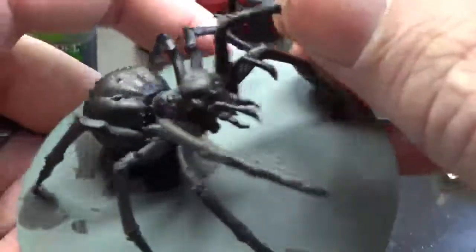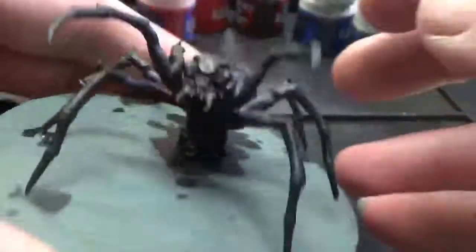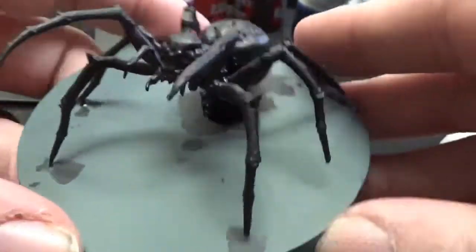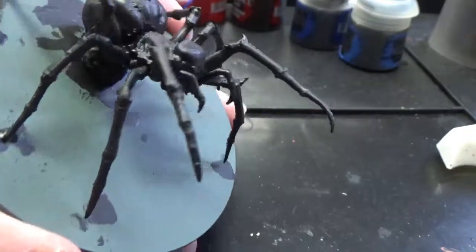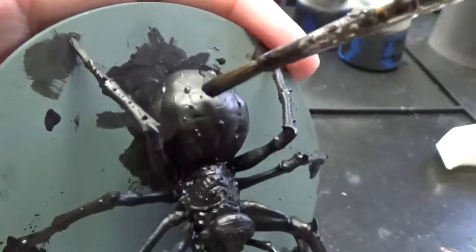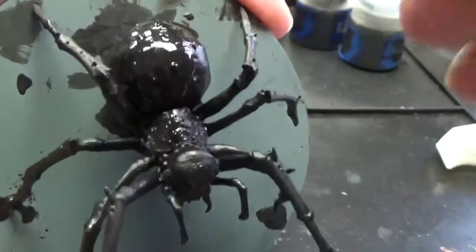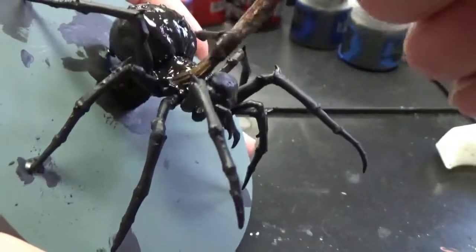And with that, we have our second layer on, also known as our base coat. Second layer after the primer coat, of course. So now we're going to go right into an all-over shade of Nuln Oil, and you just kind of want to literally cover everything with Nuln Oil. So what that's going to do is that, being that it's a black on black, it's going to cover anything you missed,